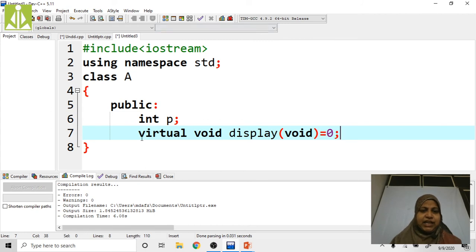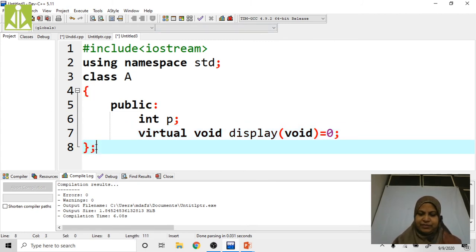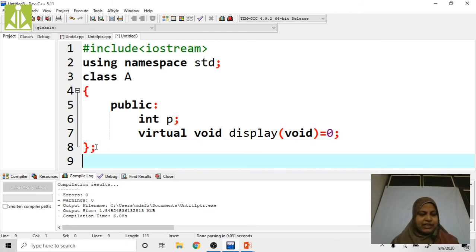This is the pure virtual function declaration. Then closing the braces, the class A declaration is completed. Since it is a pure virtual function, there is no need to define this display function.